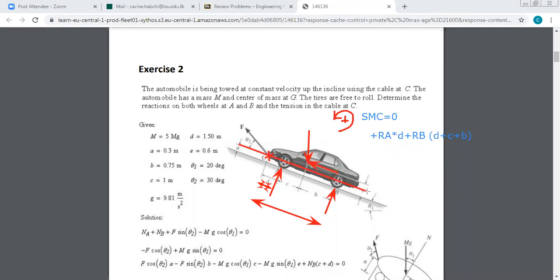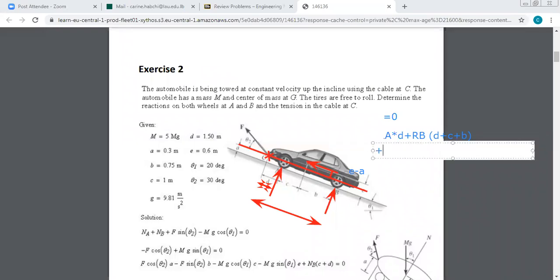Okay, you have this distance here, and you want to find this distance, this one. It is C minus E minus A. This distance is E minus A. And as you can see in the figure, the x component, if you do the right hand rule, is also producing a moment in the counterclockwise direction. So it's a positive moment. So plus,